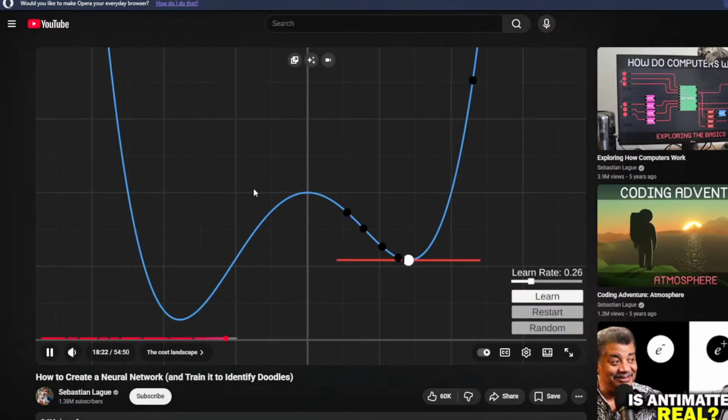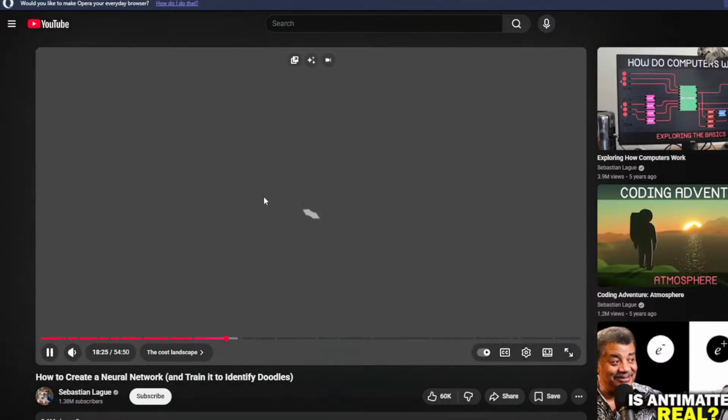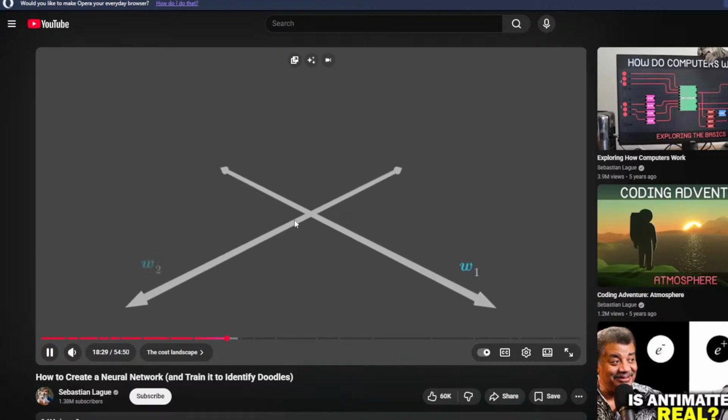So to get a better picture of how this will apply to our actual network, let's pretend that the network has just two weights. And these will be weights for your two inputs. These will start out with random values, so let's imagine them over here, for example. Now, if we want to know how good these weights are, we could run all our data through the network to calculate the average cost, which we could imagine like a straight line going through here, and this is just piping all the data through. And let's represent that as a height in the